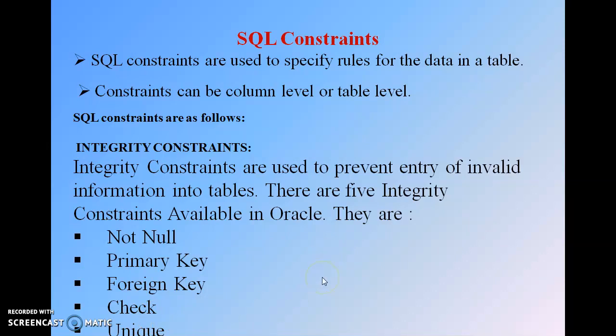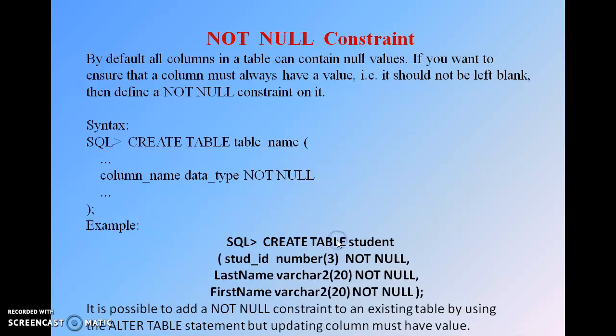Students, in this session we will discuss in detail the not null constraint and primary key constraint. Okay, here is the not null constraint. By default, all columns in a table can contain null values. If we are creating a simple table without any constraint, then the columns of that table can contain the null